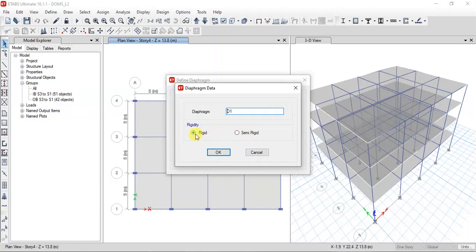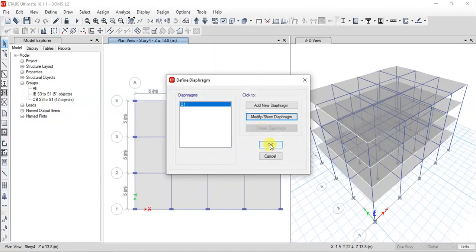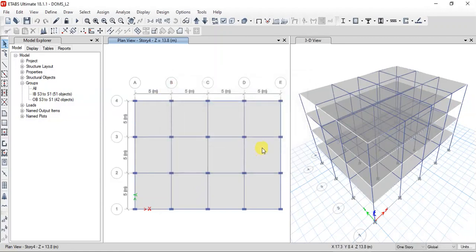So we are making the slab rigid, or you may also analyze it with semi-rigid. But normally we do analysis considering the slab, or our structure, as a rigid one. So make a diaphragm with rigid, click OK. Remember this diaphragm name is D1, click OK.